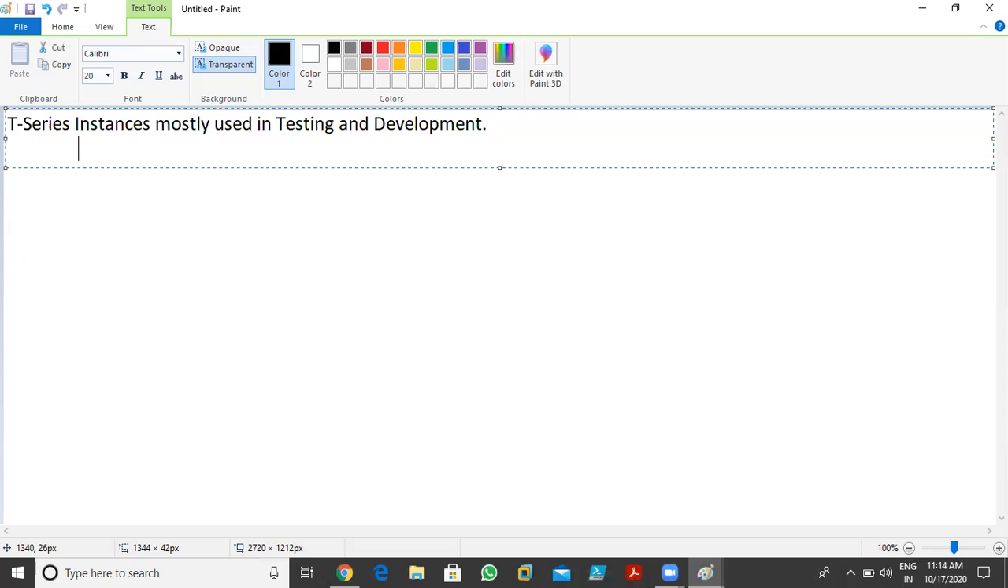Okay, in the T series we have three instances. We have T2, then T3, and the last one is T3A. So these are the three instances we have. Now what else are they providing in these three instances? If you talk about the T2, T3, and T3A instances,